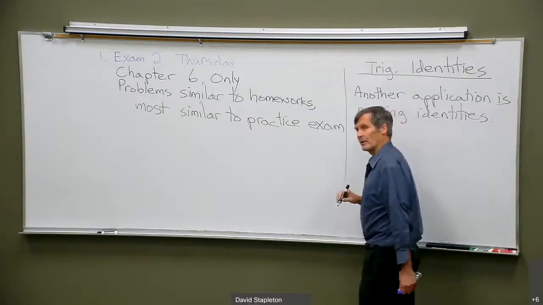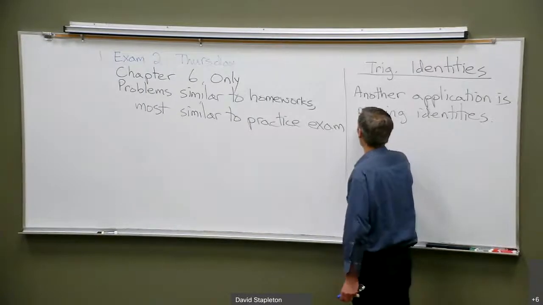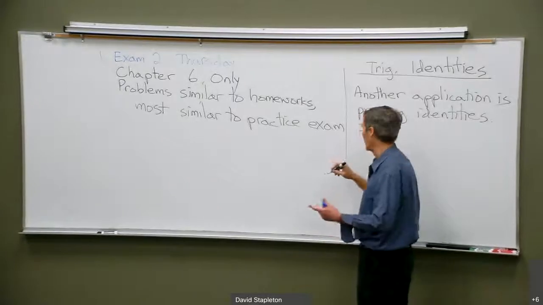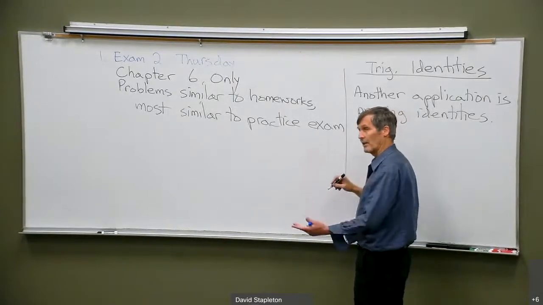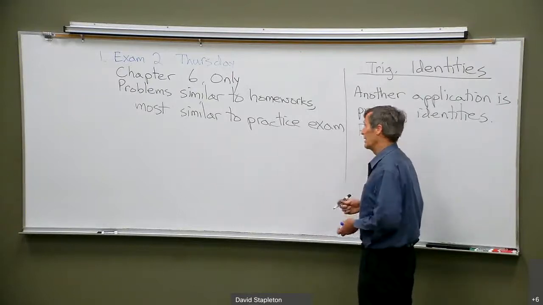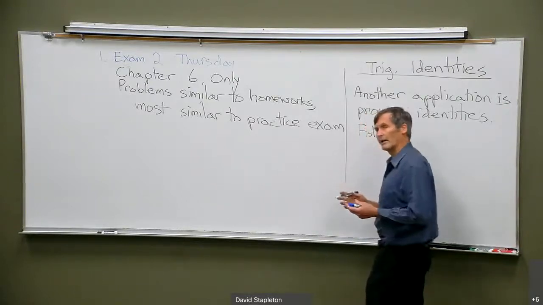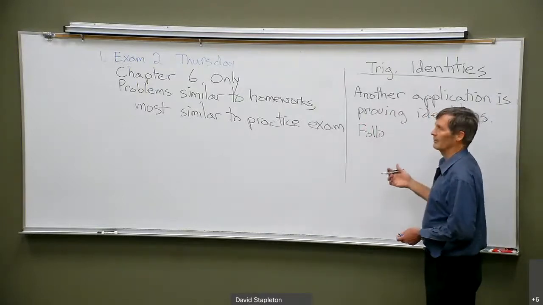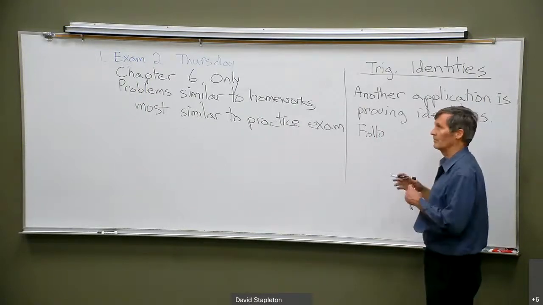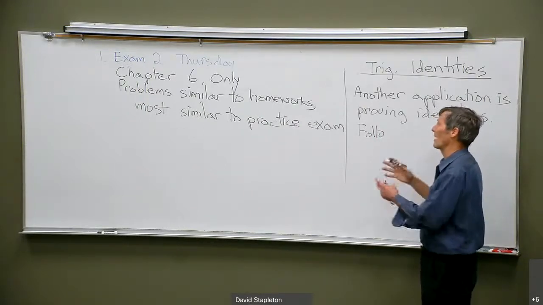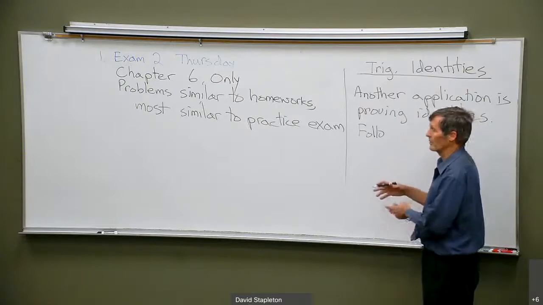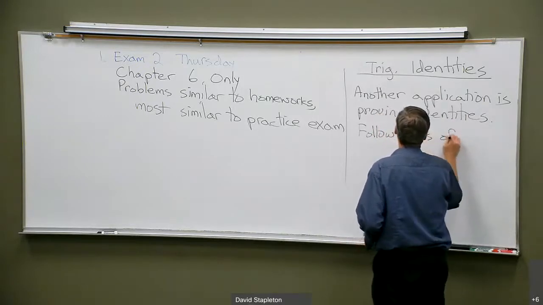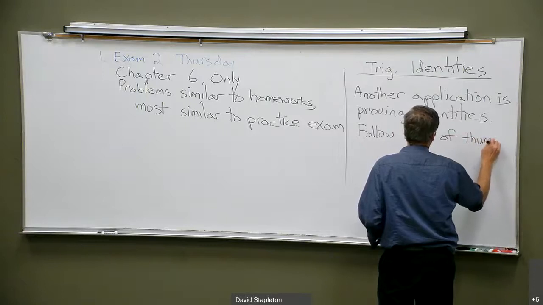And what we do for these really isn't much different than simplifying. We follow the rules of thumb that we already have. We look for algebraic simplifications, which we listed last time. We look to apply a trig identity to prove a new trig identity. And then if all else fails, we write everything in terms of sine and cosine. All this begins, by what we mentioned in the upcoming sections, by making sure every trig function is of the same angle, theta, not some of them of 2 theta and some of them of theta. So you follow the rules of thumb from last time, but when you're trying to establish an equation,